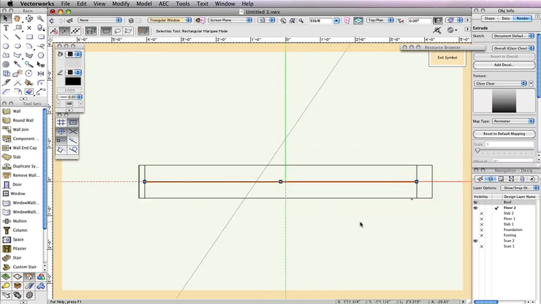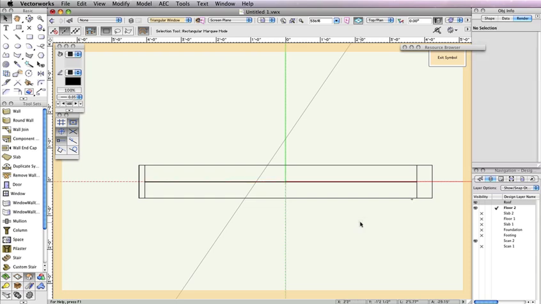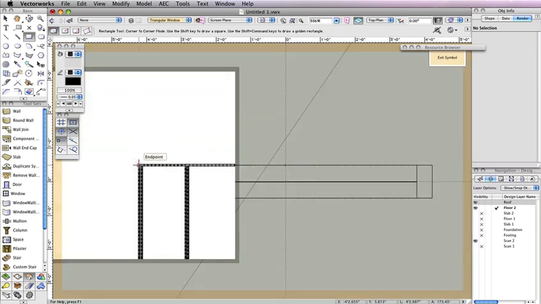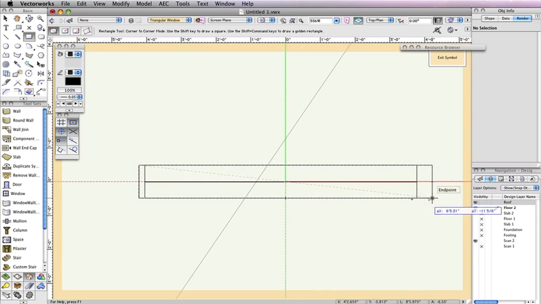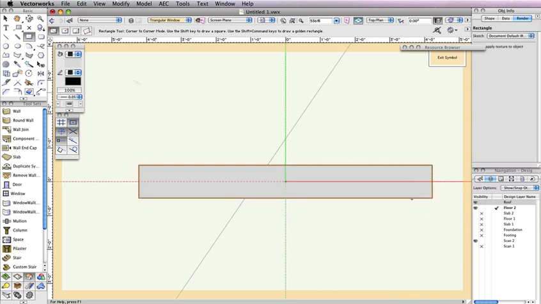Now let's take a second to create the 2D geometry for this window symbol. Select the Rectangle tool from the Basic Tool palette and enable the first mode, Rectangle Mode. First, click the top left corner of the window frame and then the bottom right corner. Next, switch to the Line tool and move your cursor along the top edge of the frame, close to the left corner, until you see the cursor cue end point. Once this cursor cue appears, click to set the first point of the line. Then follow the dashed line shown below the end point and click at the bottom edge of the frame to